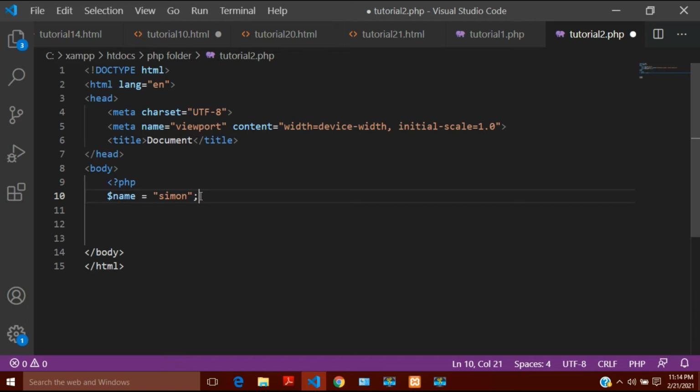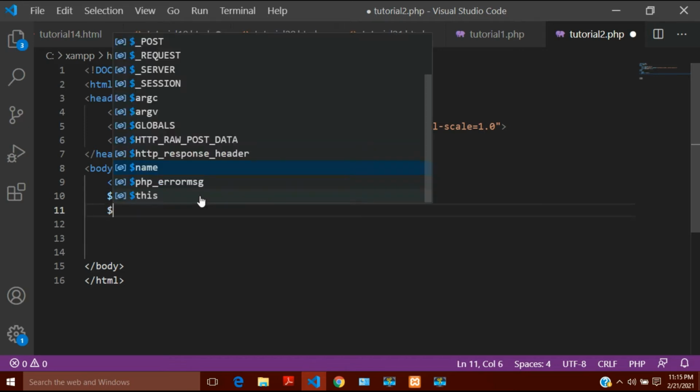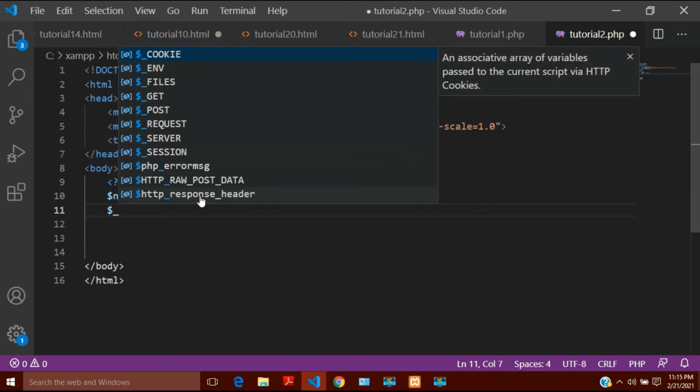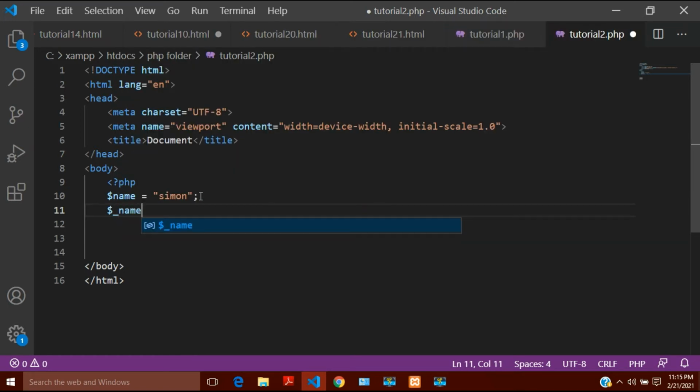For example, if you have the dollar sign, and after this you use an underscore and write name, it is also a valid variable name. Or if you give a variable name like my, then underscore, then name, this is also a valid variable. If you write my name 1 2, this is also a valid variable name. But if after the dollar sign you start the name with 1 2 and then write name, it is not a valid variable name.